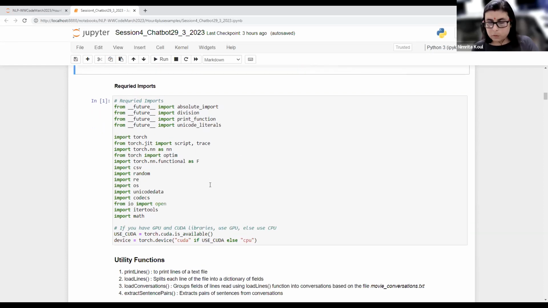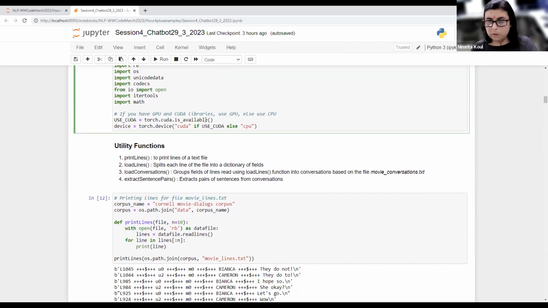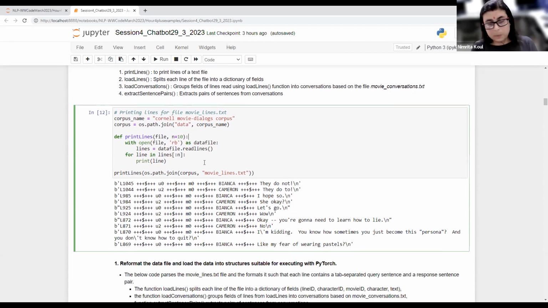So, required imports, we're using PyTorch. So you have to import PyTorch. I'm assuming that it is already installed on your computer. And I'll be using a CPU. In case you have a GPU available, your device will be a GPU. We import our data. You're free to have your data files in the folder in which you're working. You can also store it in a special folder called data, with a corpus name, Cornell movie dialogues corpus and so on. Depending on how you save your data files, you will access them by specifying correct paths